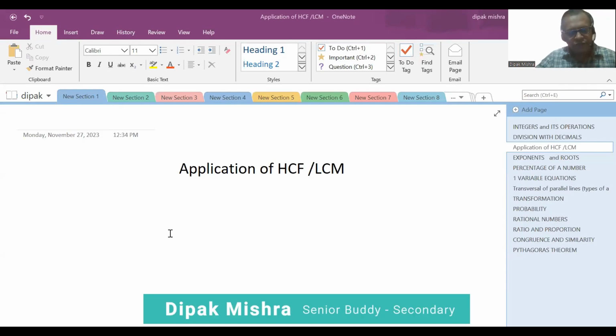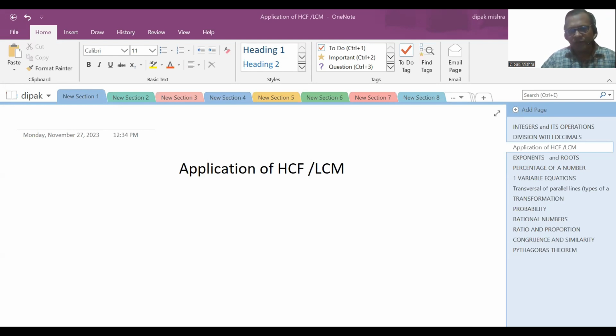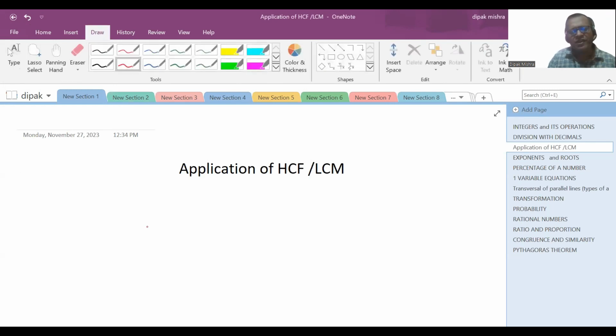Hello again, and now we are going to discuss some applications of HCF and LCM. Now you know about HCF as highest common factor and LCM as lowest common multiple. But where exactly is HCF used and where exactly is LCM used, that also needs a little bit of knowledge. So if I take a very simple example, say,